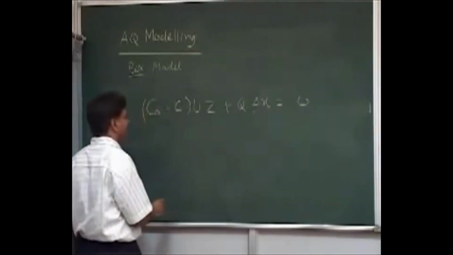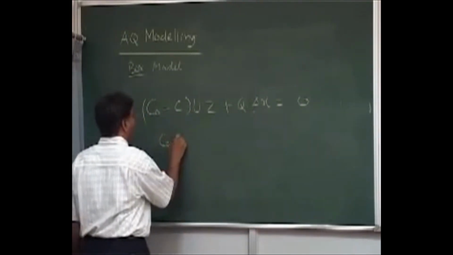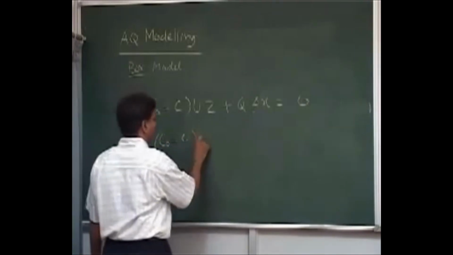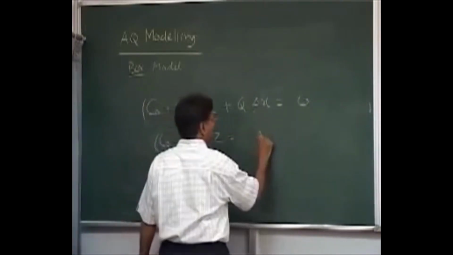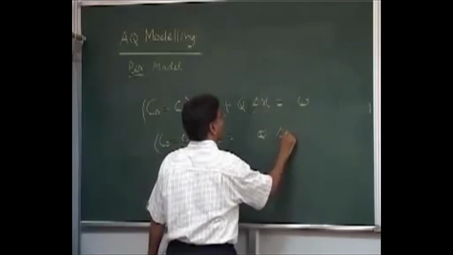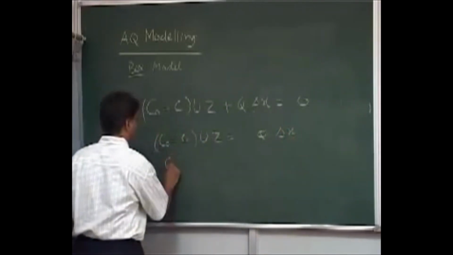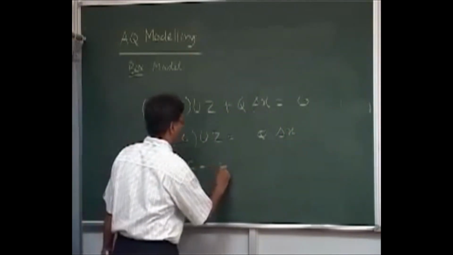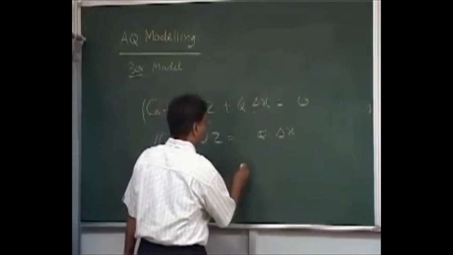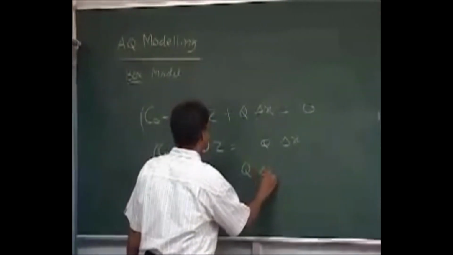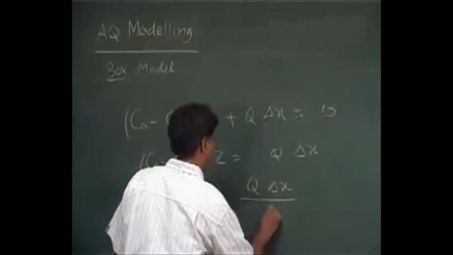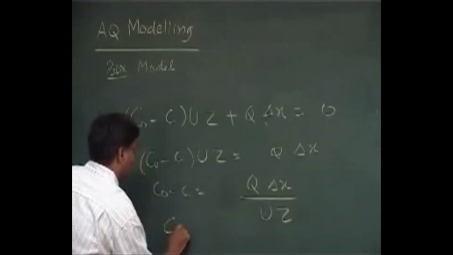So now you have C0 minus C times uz equals q delta x. So C0 minus C is nothing but q delta x by uz. So C will be equal to,